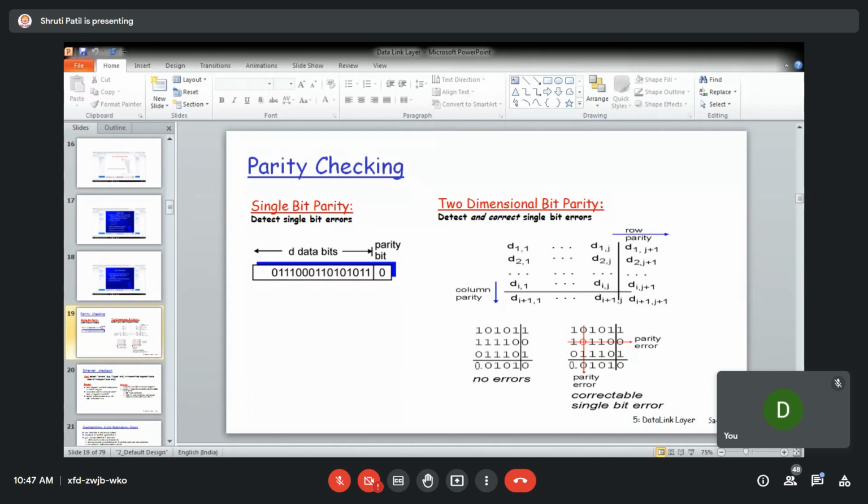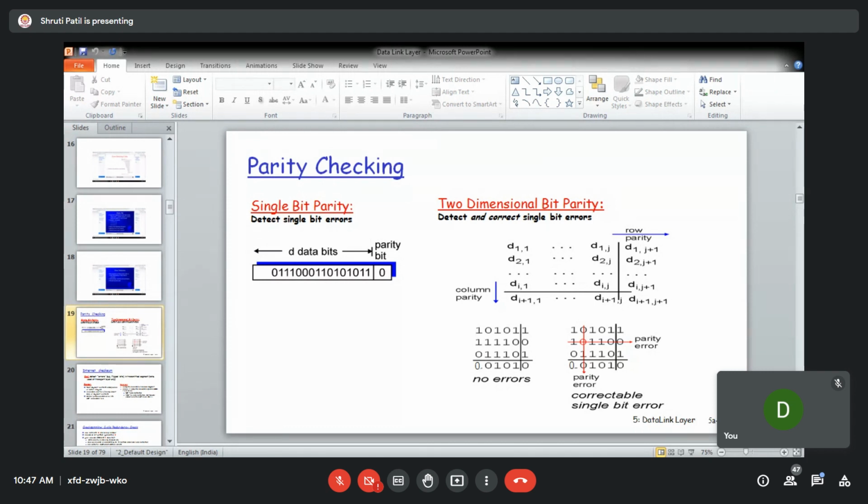That will be transmitted. At the receiver end, you know that R bits are the CRC bits. And we know that there is peer-to-peer communication. There are certain protocols which are followed. So it knows which particular generator polynomial to be used.